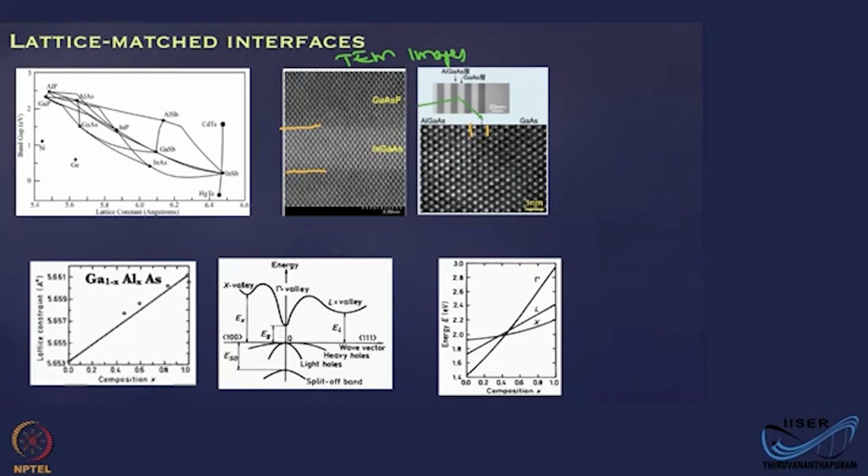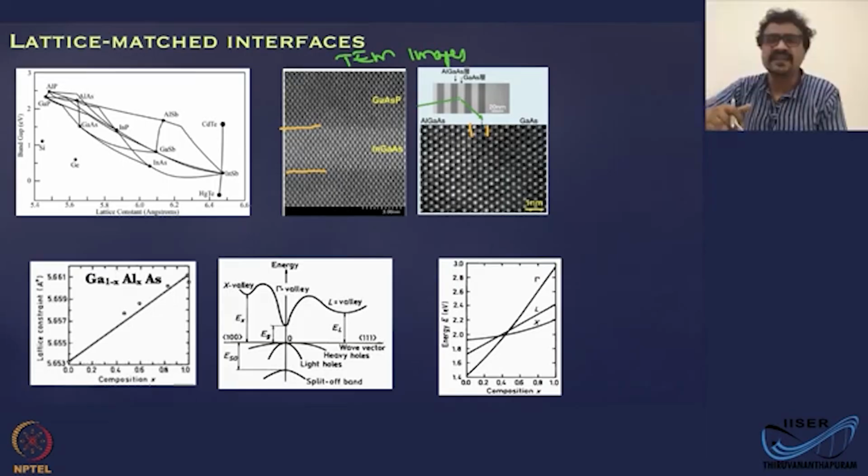That means the electron which moves through this interface is not going to feel any difference between that side and this side. Of course, it's going to see a difference in the energy of the two sides, the band gap on the two sides, but there are no defects. It's perfectly periodic. Okay, and this graph here is showing you how the lattice constant is going to vary as you change the composition,